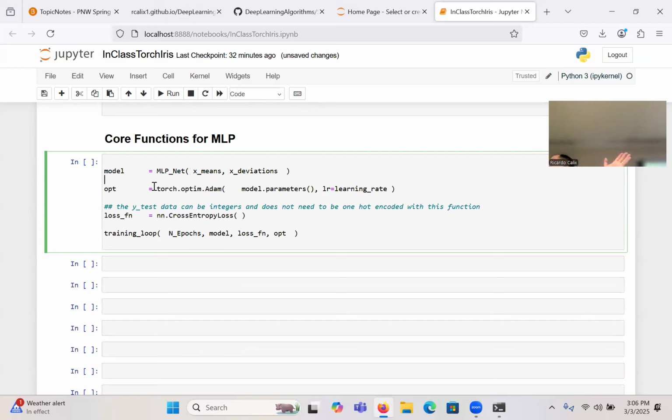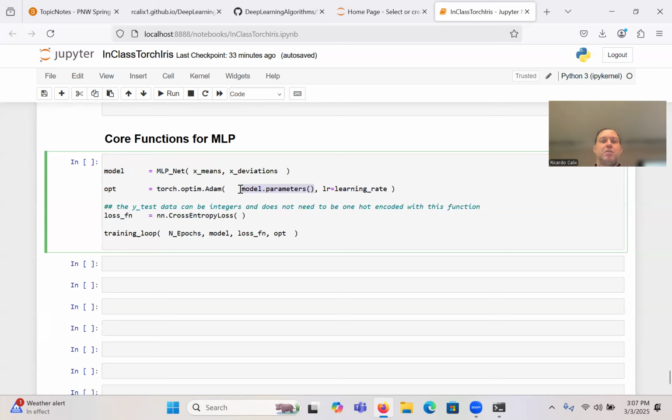This is Geoffrey Hinton's magic, all right? torch.optim.Adam. For now, just treat it as a black box, but this is why he won a Nobel Prize. So this is not any trivial thing. This is literally a Nobel Prize right here. What's important about this is the algorithm that is going to train the model, which essentially means what? The weights are random. After training, the weights are the valuable information, just like it was with the perceptron when you moved it to your PyScript code. So what you need to do is grab the model,